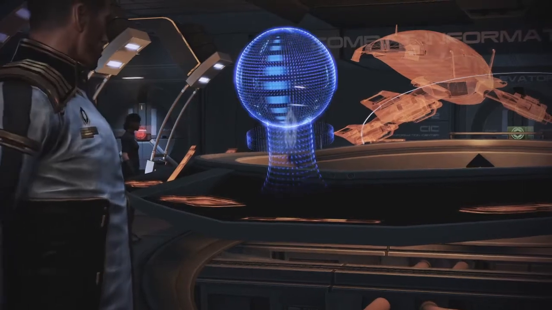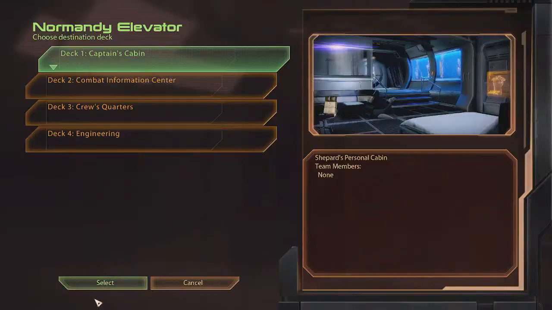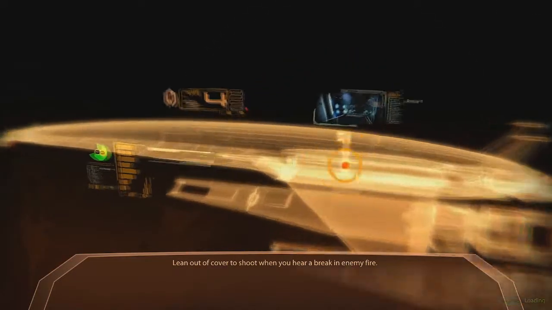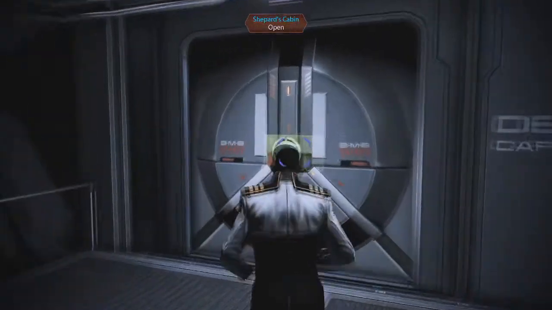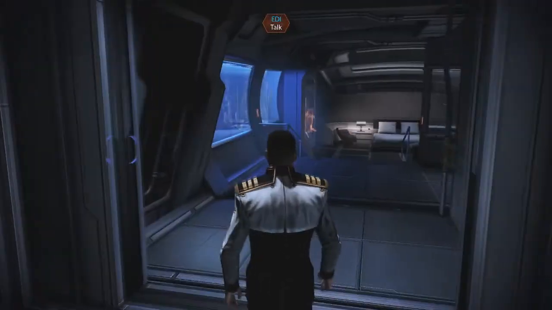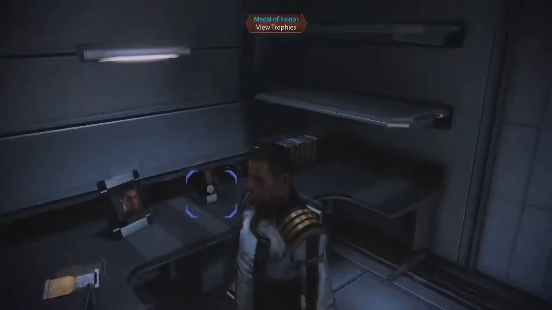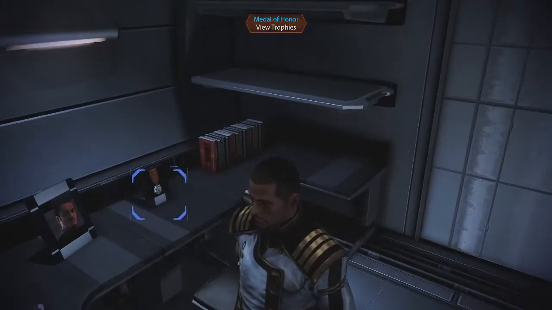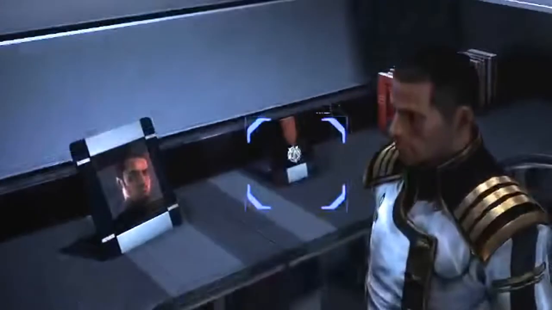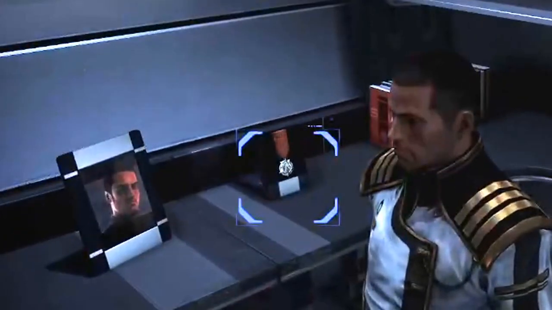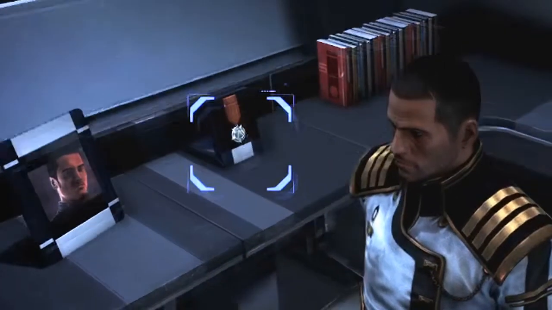way to know whether the Kaidan romance you did in the first game carried over is to check out Shepard's personal quarters and take a look at the picture on the front desk when you walk in. There, you'll see Kaidan's face smiling back at you. And actually, his picture should stay there throughout the entire game, unless you decide to romance someone else in Mass